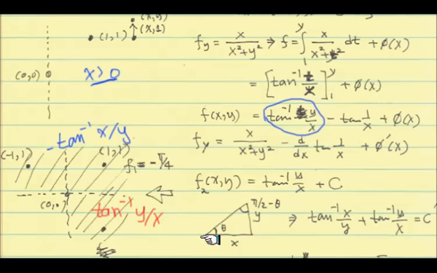So here's how. If you look at the y over x in this part here, if you put y over x in the triangle, this whole thing is supposed to be angle theta, whose tangent value is y over x. So that could be this theta down there. But x over y is simply the other ratio, and so it's going to be tangent of the complementary angle, like pi over 2 minus theta. So if theta is in between 0 and pi over 2, this is actually the relationship.